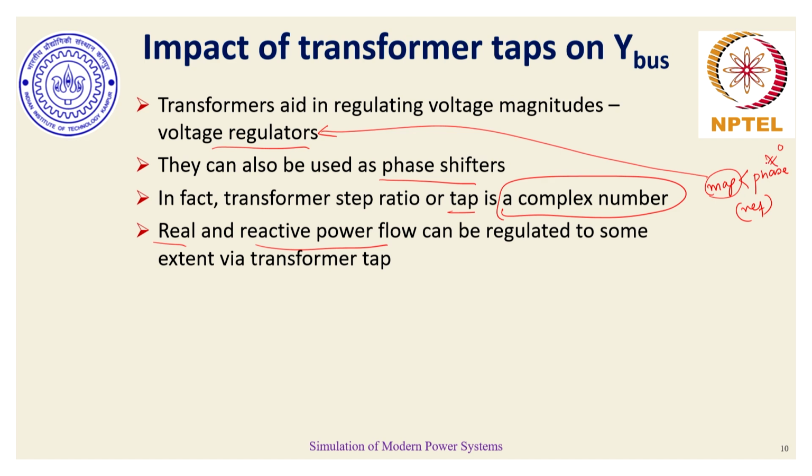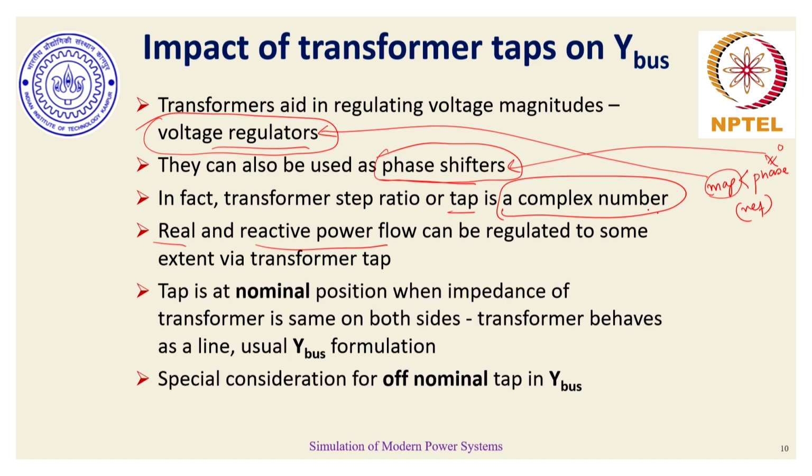If we have the case where the phase is not 0, then this transformer is particularly referring to the case of a phase shifter. So we can have both these transformers present, although in the majority of cases you would find the presence of voltage regulators. Phase shifters are rarely present. But we can't have different models or ways of considering these transformers' effects. We have to have the same notion. So for the sake of understanding simplicity, we consider the tap to be a complex number. And we have also understood or seen that if the tap is at the nominal position, it behaves the same as the transmission line.